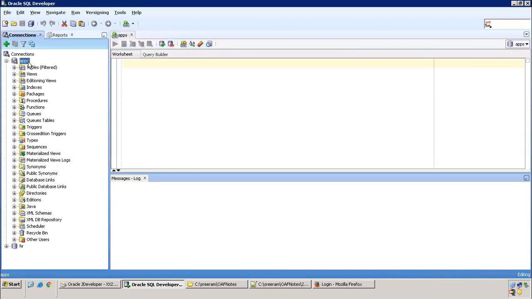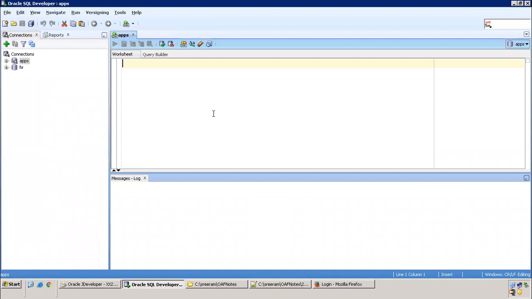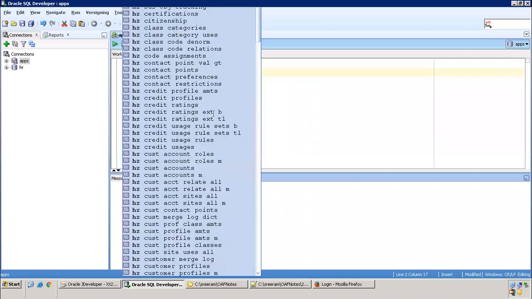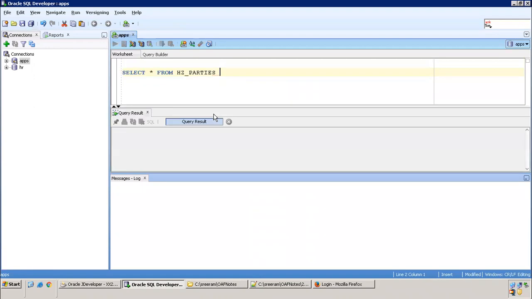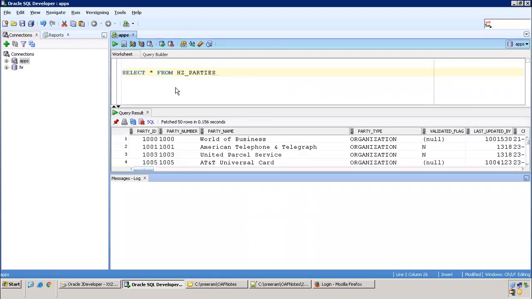Now the first requirement: let us say I just want to implement a drop down for displaying the list of all parties. I just want to display an LOV showing the list of parties irrespective of whether they are a customer or a supplier. I just want to display parties. Let's say I'll take only a few columns, with row num less than 150.